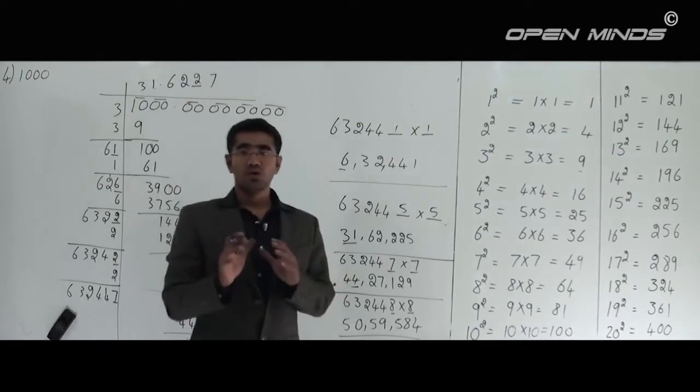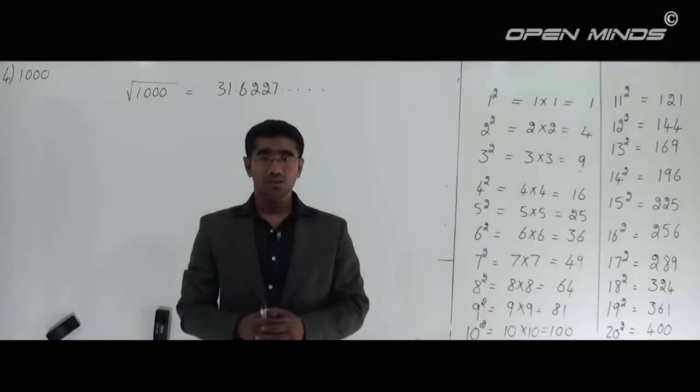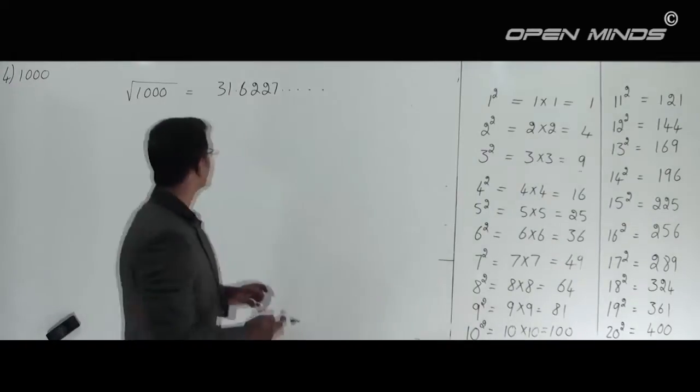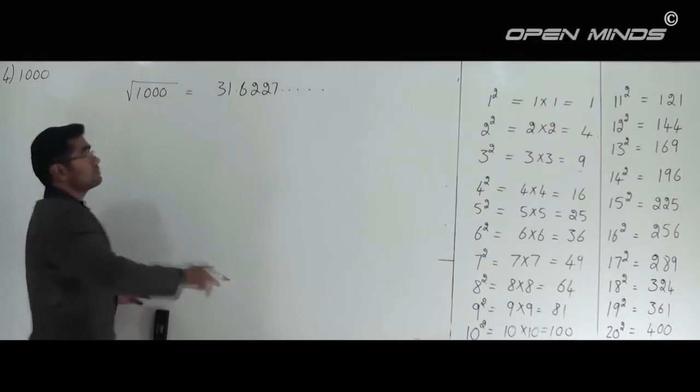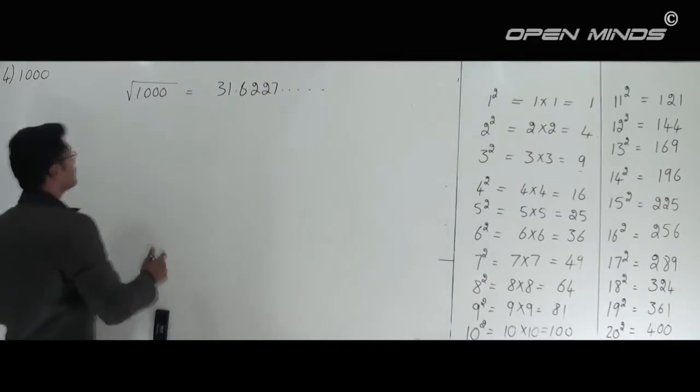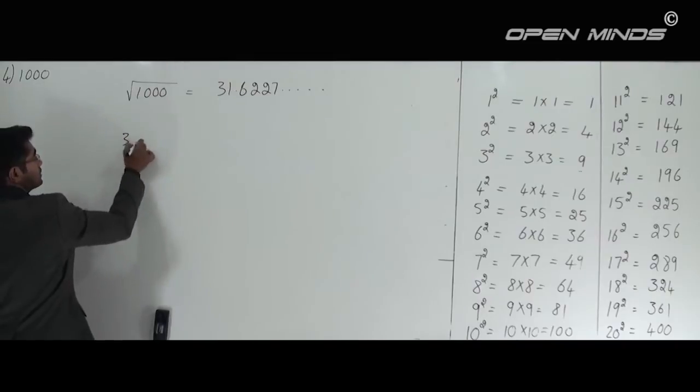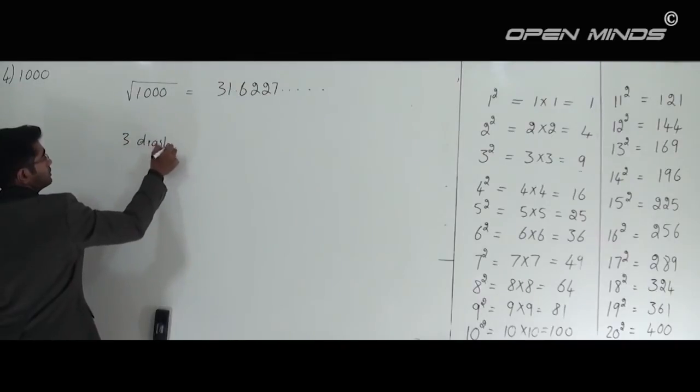Let's go with the approximation part of it. Well guys, let's go with the approximation part of this thing. That is the square root of 1000. I got like 31.6227, and it keeps going on like that. All right, so when I want approximation up to 3 digits, what I do is I write